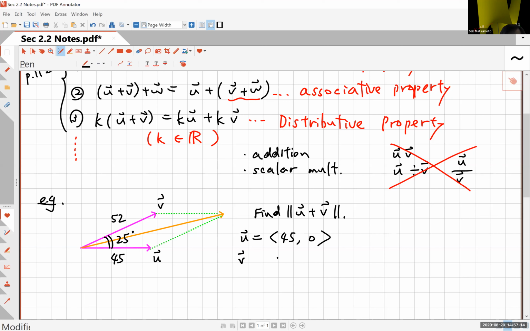Now v is a little trickier to write, but that's okay, because using trigonometry, we know what the x and y coordinates of v are. The x coordinate is 52, that's the length, times the cosine of the angle 25. Remember, cosine is the adjacent, which is the x-axis. And then the y coordinate is 52 times the sine of 25 degrees. So then u plus v,